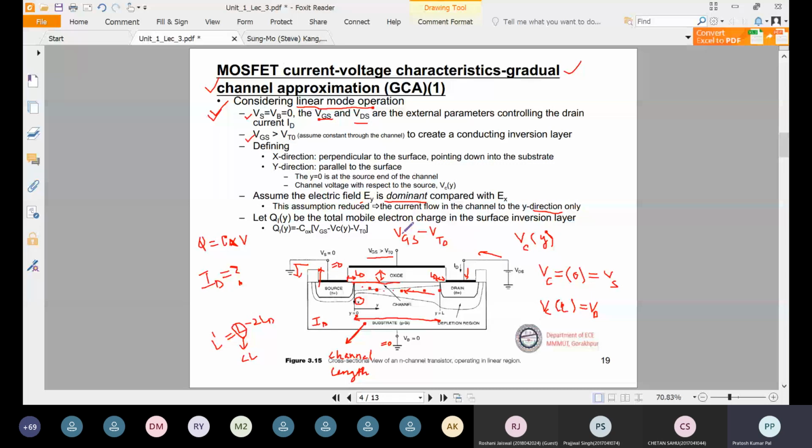So once we have applied gate to source voltage greater than threshold voltage, means we have made the channel region, some voltage will be required to make the channel region, that will be equal to threshold voltage. So that's why we are subtracting Vt0, the threshold voltage. हम उसको VGS में से रिमूव कर रहे हैं, क्योंकि इतना अमाउंट ऑफ वोल्टेज Vt0 थ्रेशोल्ड वोल्टेज जो हमें लगेगा चैनल को फॉर्मेशन करने के लिए. ठीक है, that's why we are reducing Vt0, and again we are reducing Vcy.